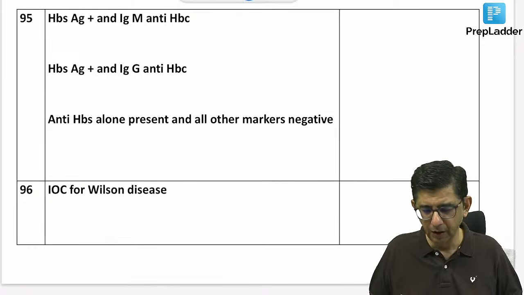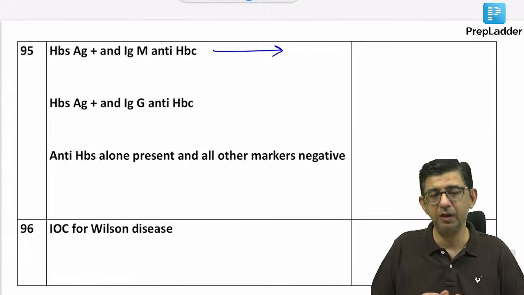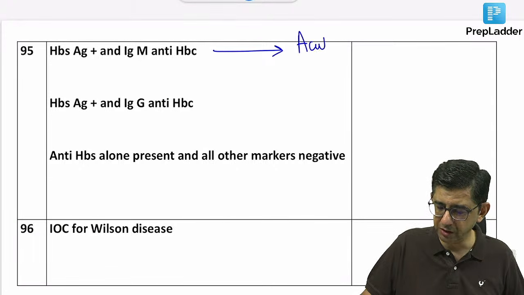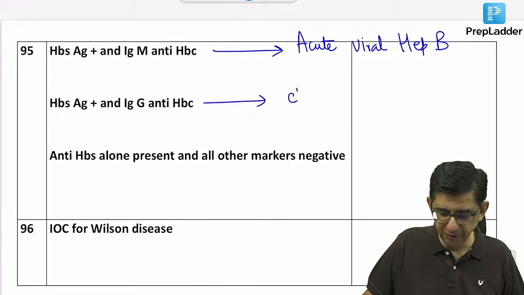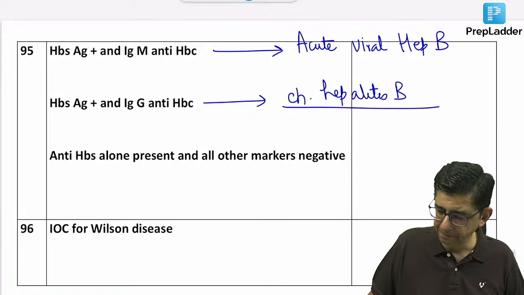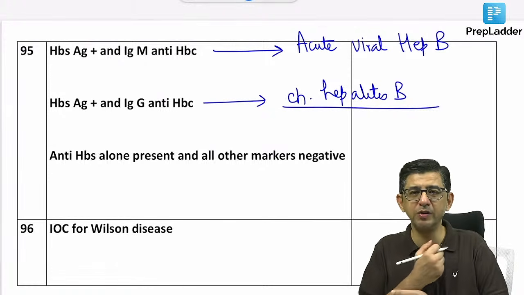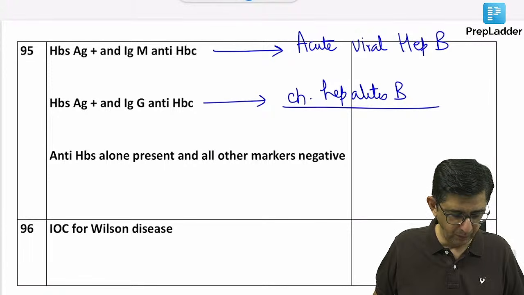Okay, great. Next one is a patient who has surface antigen positive and IgM class of antibody to the core antigen. This would be answered as acute viral hepatitis B. And if it is surface antigen positive and IgG class of antibody, then chronic viral hepatitis B is present. Let me know the drug of choice for chronic hepatitis B. Acute usually will be self-resolving. You don't need antiviral drugs, but for chronic hepatitis B, the drug that would be used would be